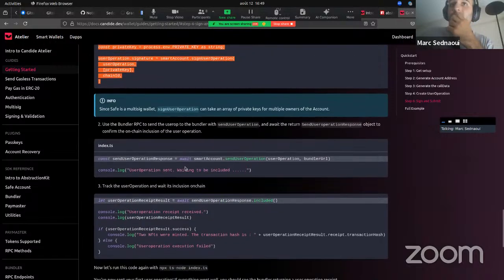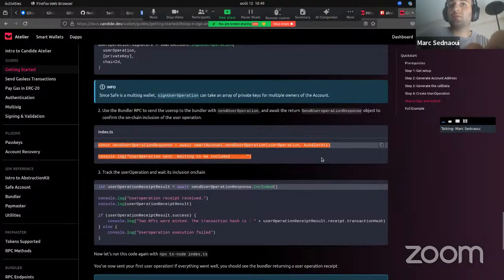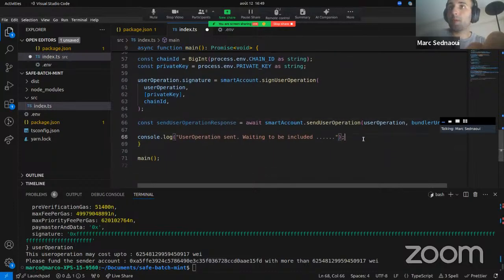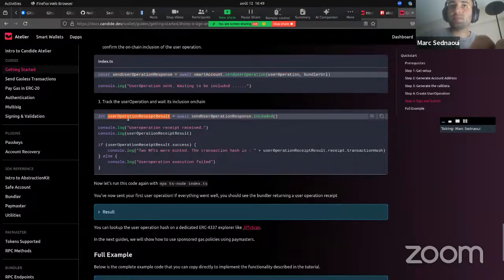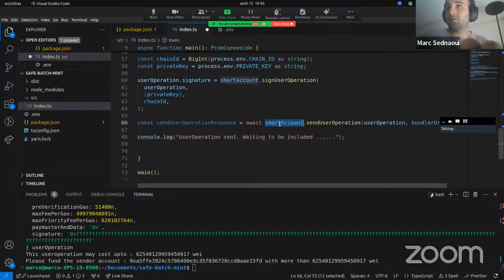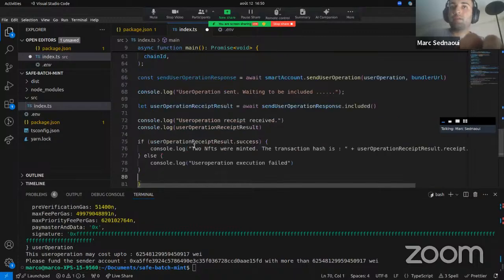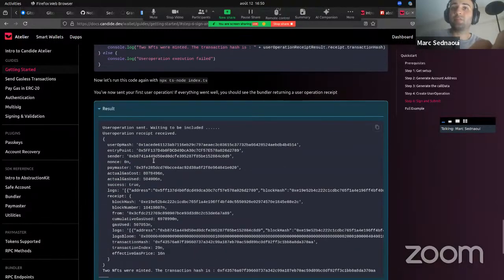And then the last step, we're actually going to just submit the user operation. So this is the part where you send it to the node, or what we call the bundler in account abstraction world. And then the last step is to track it. So once you send it, we'll track if it's success or not. So we'll also include this part. So smart account that send user operation, takes user operation and bundler. And then here we have the tracking. And if we did everything correctly, we should have a result like the following: the user operation, and we have